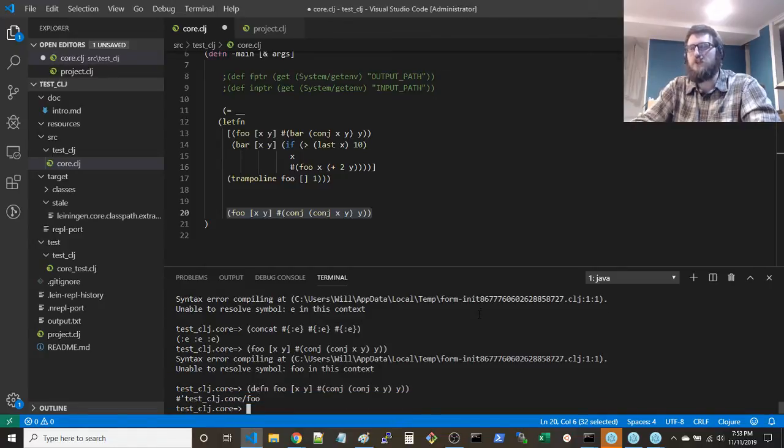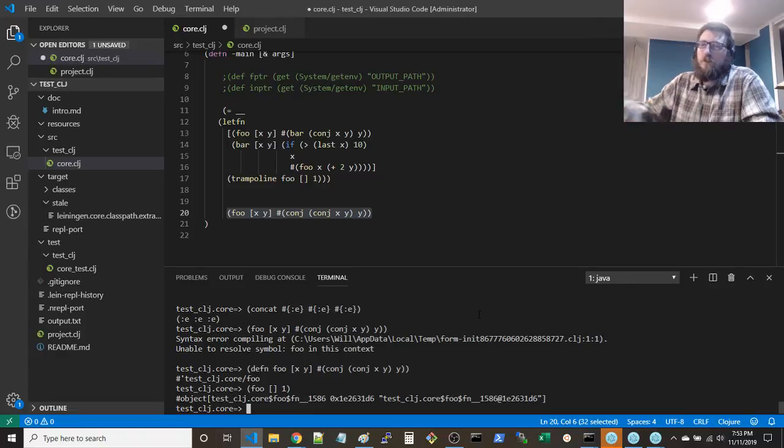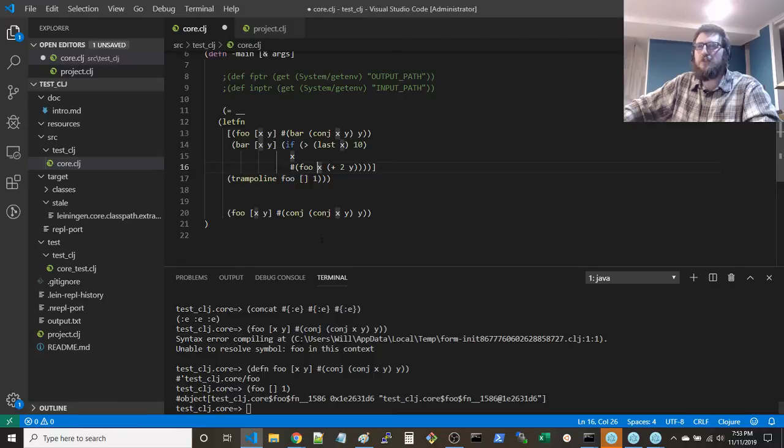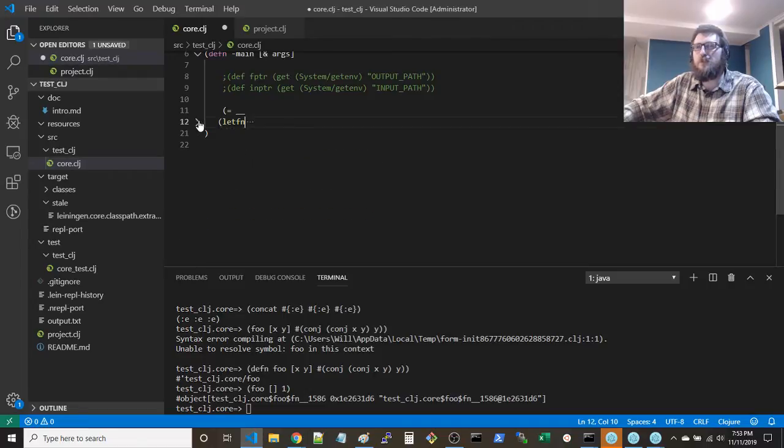And then you say foo of 1. This is a function. See that? It returns an object. It's this anonymous function. And look at the name that it gave it. This is an anonymous function. If you now try to call this whole thing,